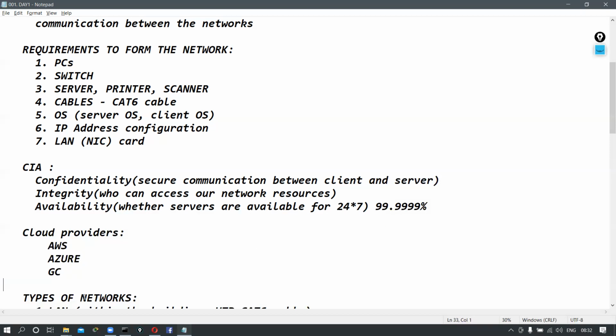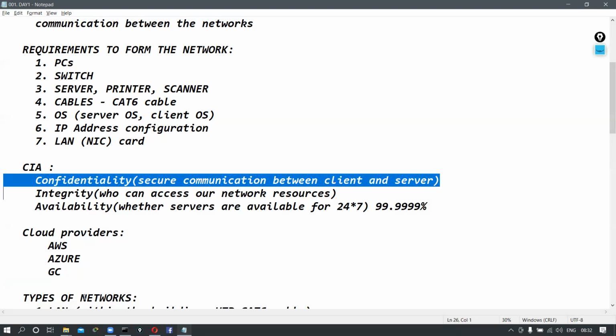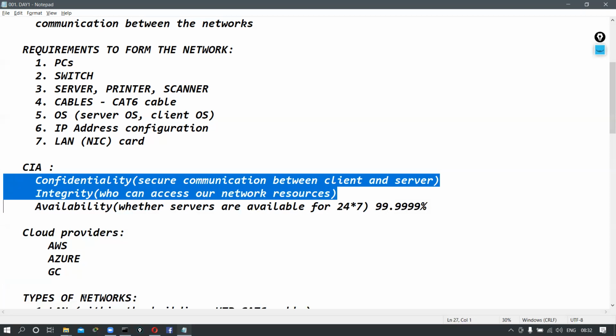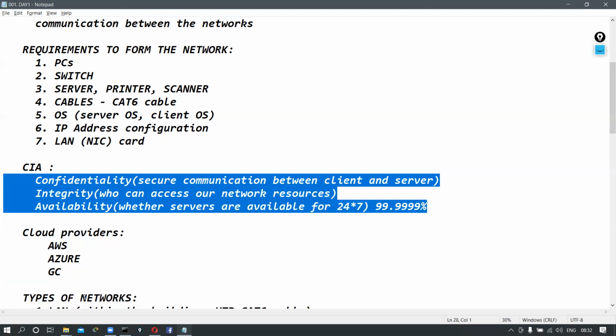Clear now, guys? This is all about the reliability factors. We need to check what the things are. First we need to check the confidentiality, integrity, and availability. Clear now? Once you design the network,